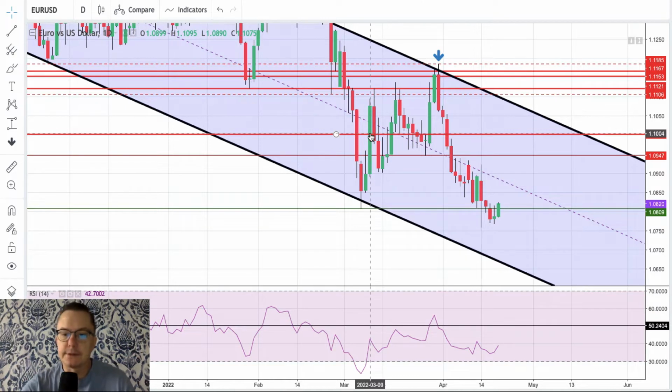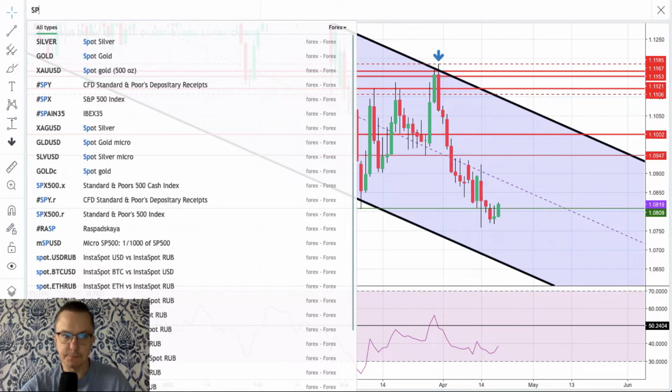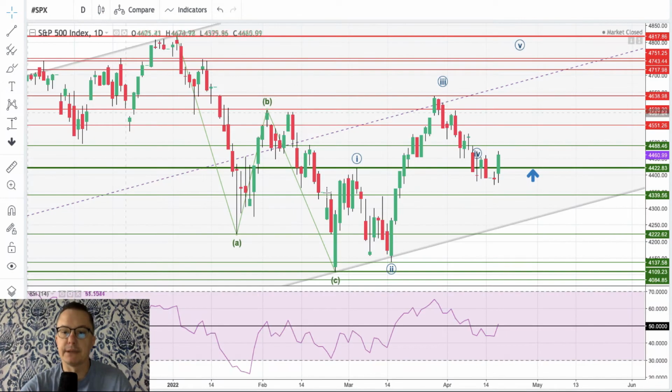The nearest technical resistance is, of course, 1.0809, which is now being broken or tested, but there are more here: 1.0947 and 1.1002. Those two technical resistances must be violated in order to let the market fly higher. Let's take a look at the S&P 500, because we got the beginning of the